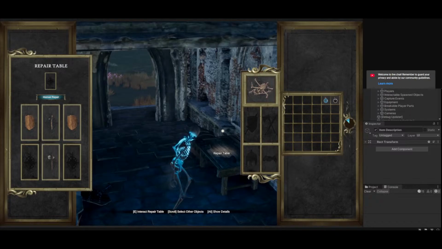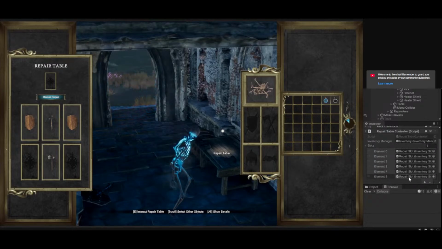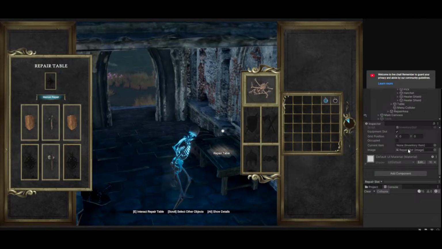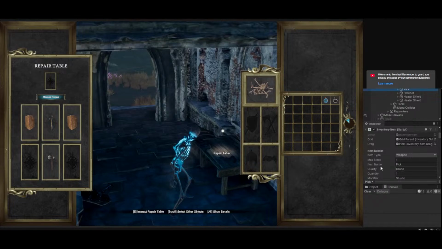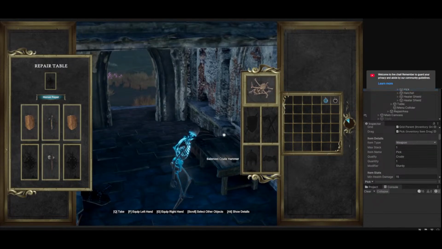So it's the repair table, and then this one, and the slots. So here are the slots. It's listed here as well. So what happens is it goes to the first item in the slot. So it should detect which item is the first item. So once it goes to the slot, it will then